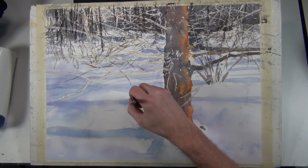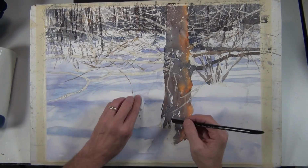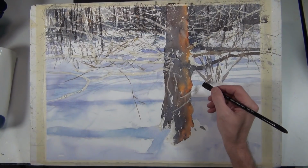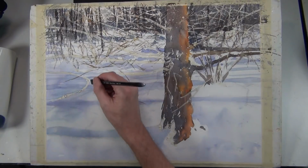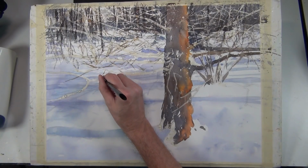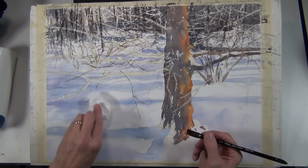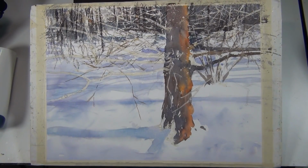I want to start making some marks to indicate some of these twigs and some of these branches breaking off, coming off the main heavier branches. And to do that, I've got a 1/2 inch flat brush loaded with a dark value. And I'm going to make a few marks with this. However, at some point, I'm also going to go back to